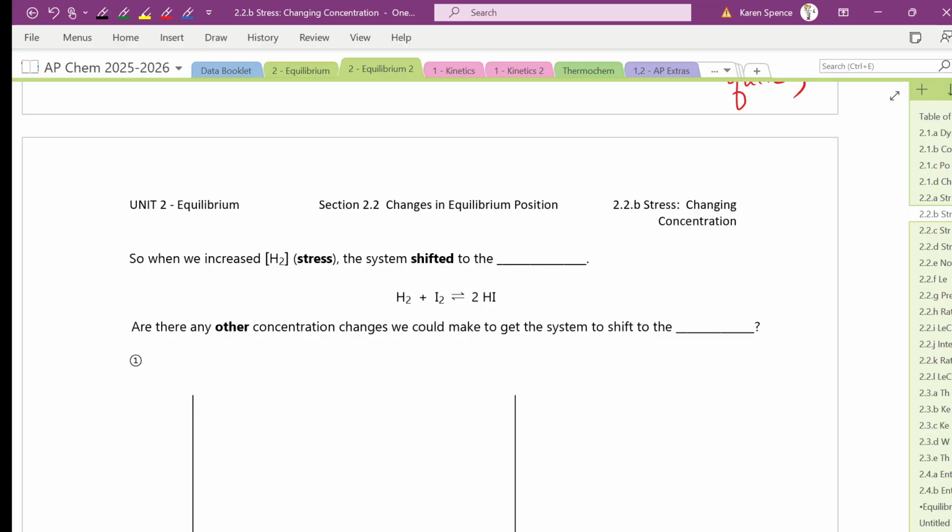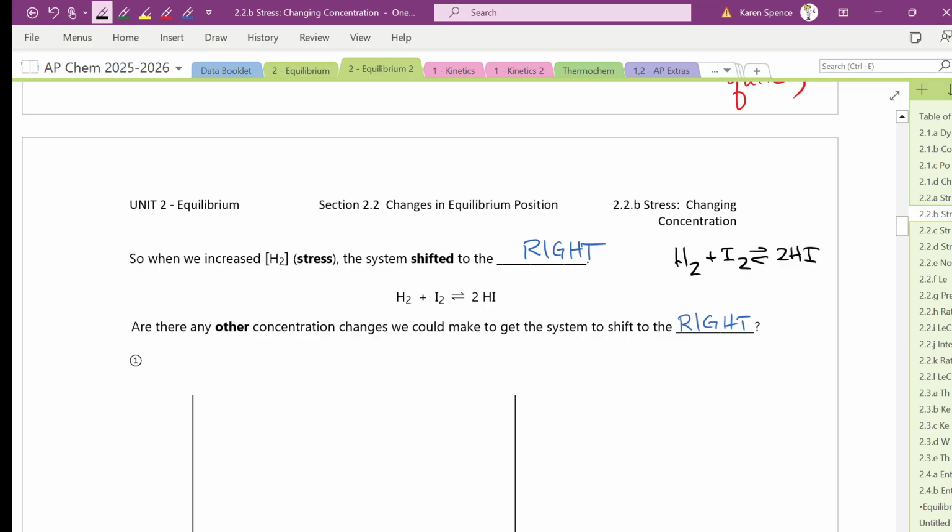So when we increase the H2, the stress shifted the system to the right. Are there any other concentration changes that we could make to shift the equilibrium to the right? Before we do this, I'm going to tell you about something that I told my other class about. I usually talk about it a little bit later, but I liked this. If we have our H2 plus I2 in equilibrium with 2HI,